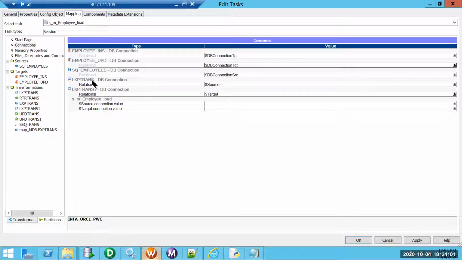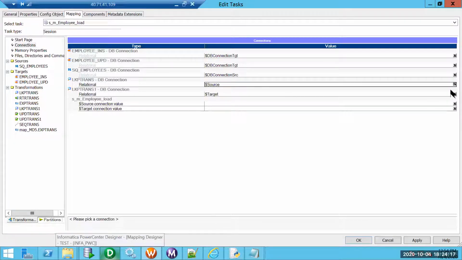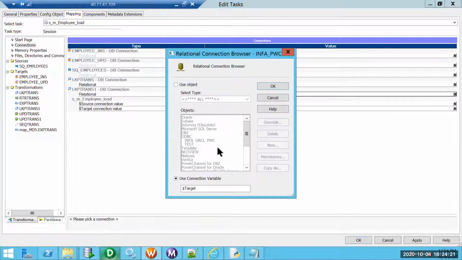This is why we need to name the lookups properly. Looking at the lookup transformations, we would never know whether it is a source or target. But since I imported from source, when I imported the lookup I chose source, so it was showing it is a source connection. By that way we can understand, but we cannot always drive through that.